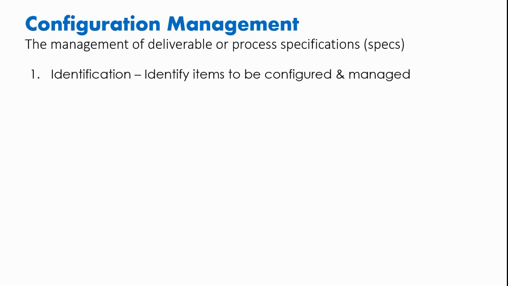How do you manage these specs? One, you need to identify any items, configurable items, we call them, that need to be managed. So let's say you're coming out with a product. Are there any aspects or specs of that product that need to be closely managed, guarded, configured, whatever you want to call it? So you might identify these items on a project or in a process that needs to be